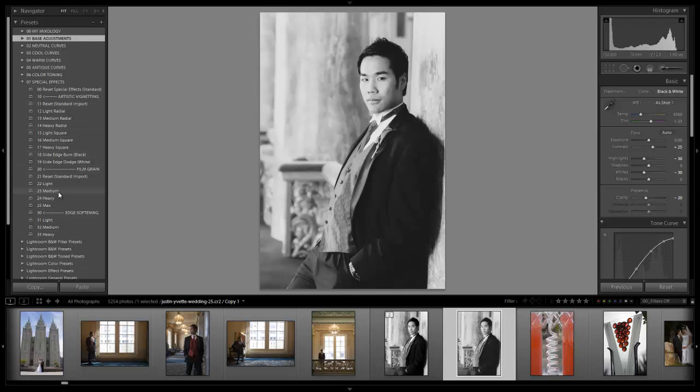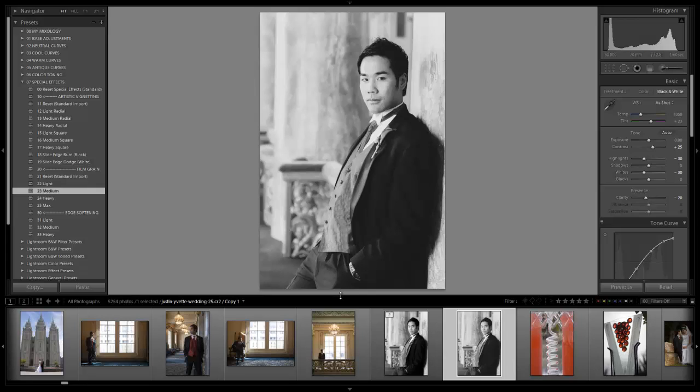So I'm just going to go to film grain, click medium. And again, that's the nice part, is that we're adding and stacking these layers. That's kind of how we designed the whole system, so that you can stack and turn Lightroom into sort of a layer-based system like Photoshop, but kind of a faux layer-based system, because it's not truly layer-based. It's just the way that it's designed in the preset system gives you that feel